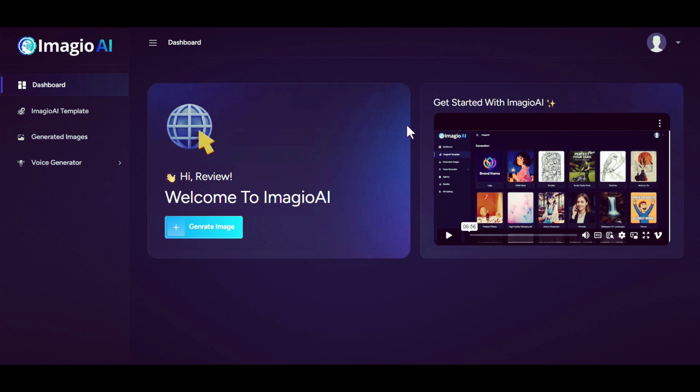that shows you how you can use this tool. So this is not a complex tool. We made it very simple for everyone. Even a newbie or just an 8-year-old child can use this tool to generate amazing images. So you just have to click here on Imagio AI template,